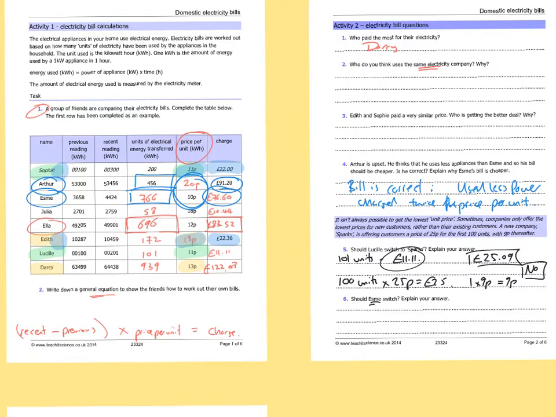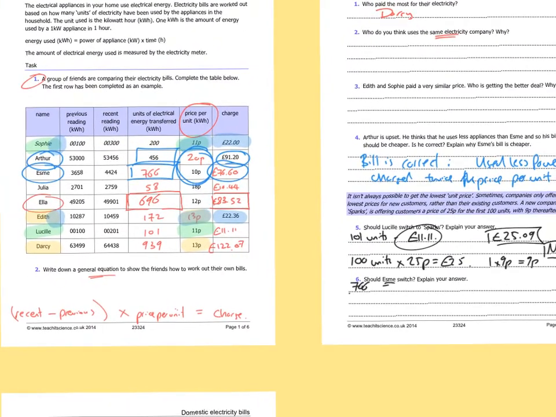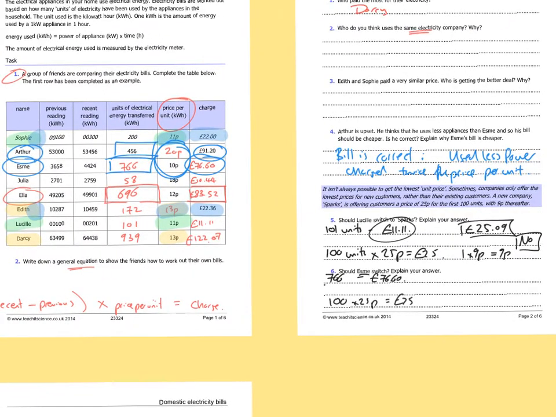Same process with Esme. So Esme uses a lot of electricity. So she uses 766 units at the moment, and that costs her £76.60. So if she switched, her first 100 units at 25p would cost her £25. But then she's got another 666 units at 9p each, which will cost her another